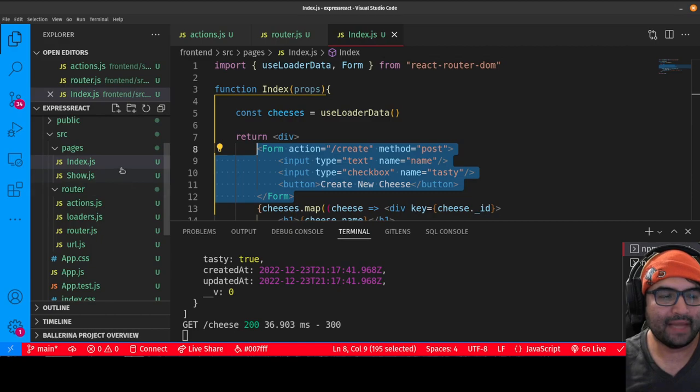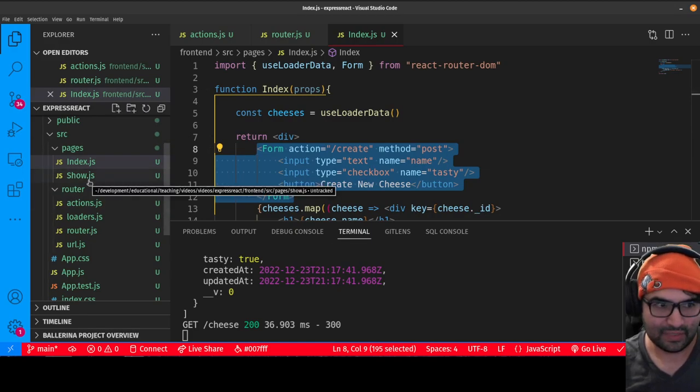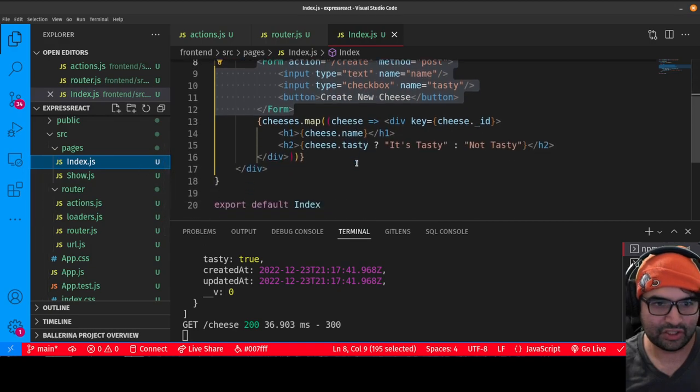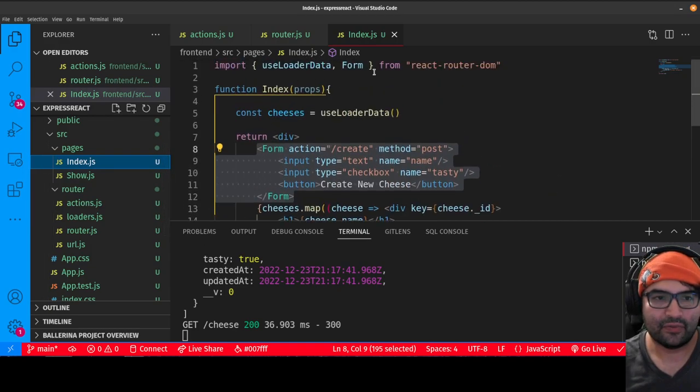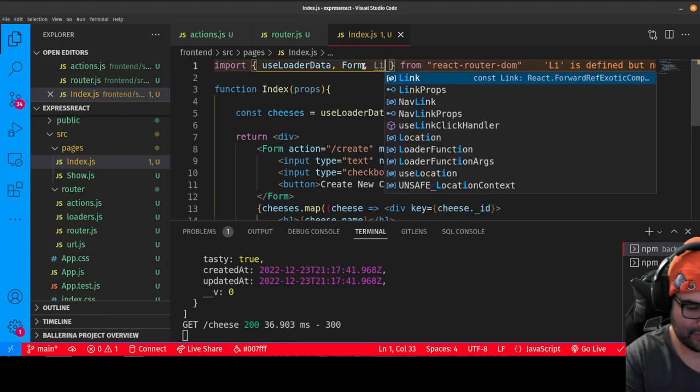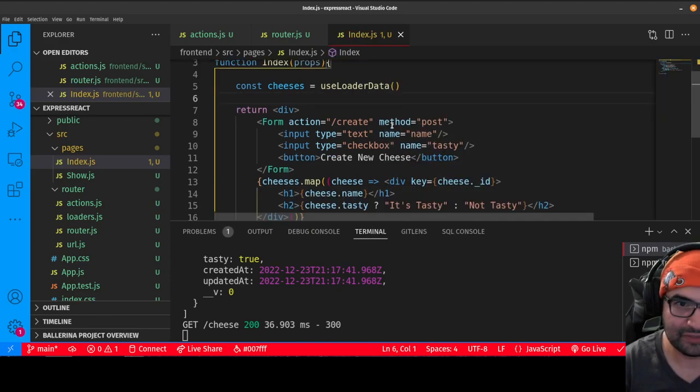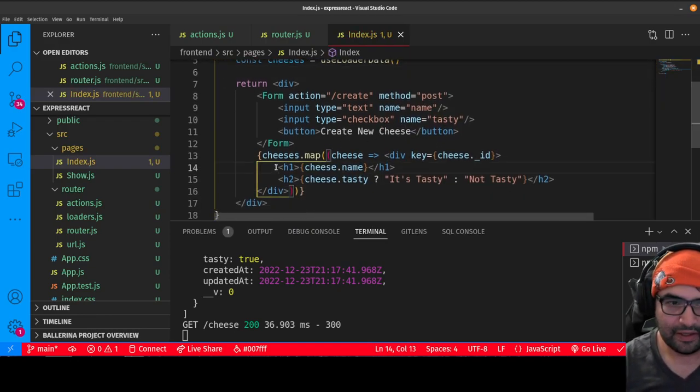Okay, now let's move on to being able to see our cheeses, now that we actually have cheeses we can see. So what I'm going to do is head over to our index. I want to make sure that each cheese has a link. So we're going to import that Link tag from React Router DOM. That's so that we can create links between different pages. And I just say Link,